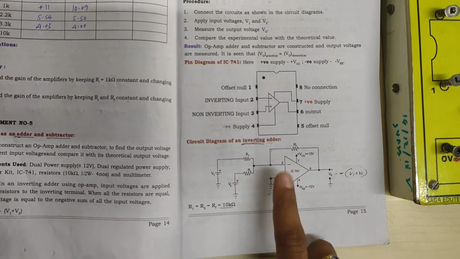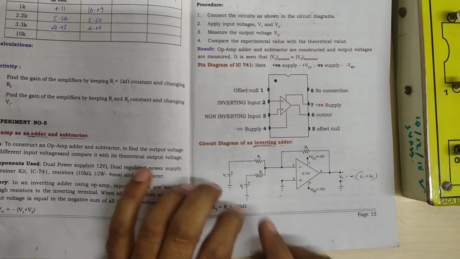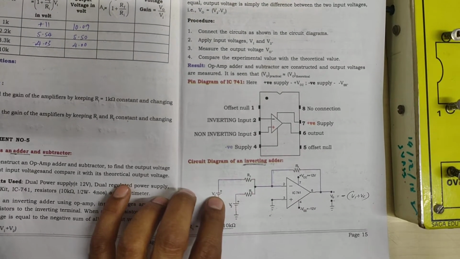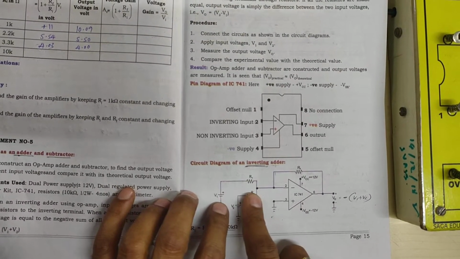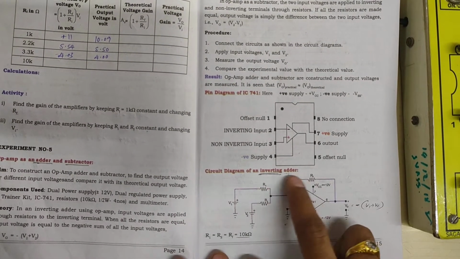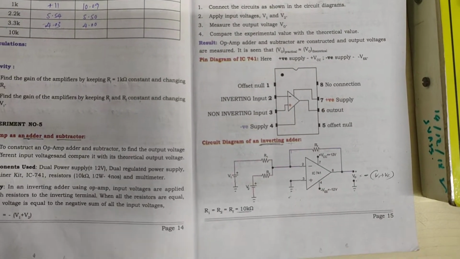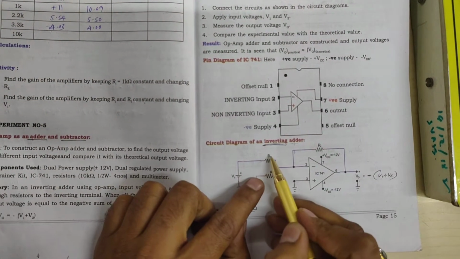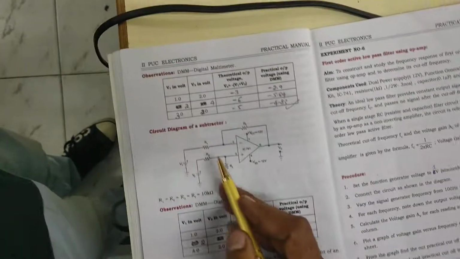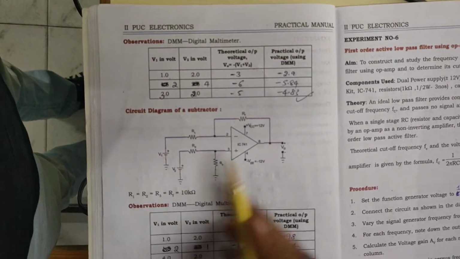Then I am connecting pin number 3 to ground. Then pin number 2. The only change is that in the previous one you had only one resistor, and in this one there are two resistors connected to the inverting terminal. Exactly. Then RF and everything will be the same. All the values are 10k, because whatever you use here, the same should be used. R1, R2, RF values are the same. You can see here we have mentioned R1, R2, R3, RF all are the same. Is it clear?